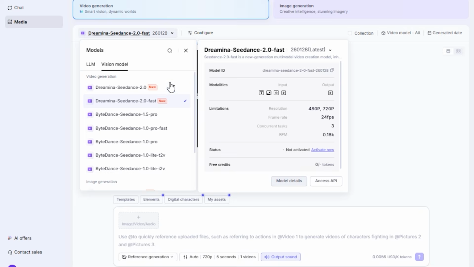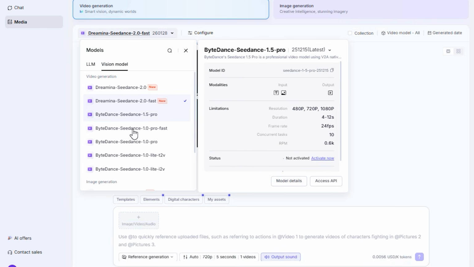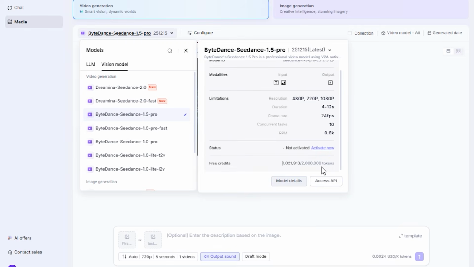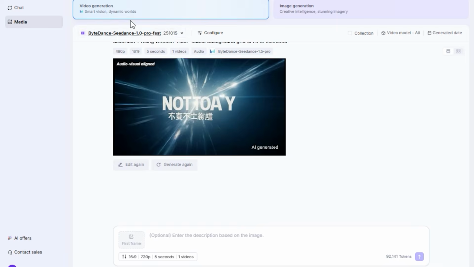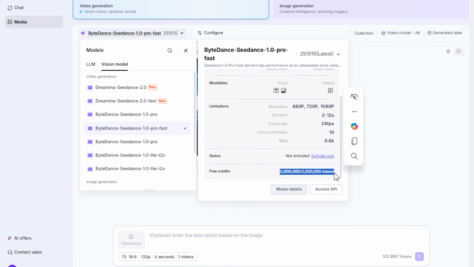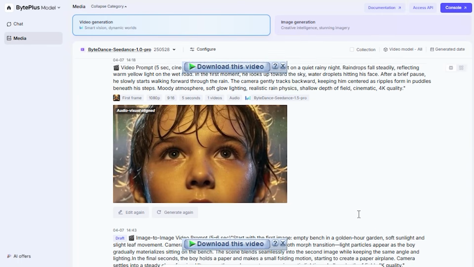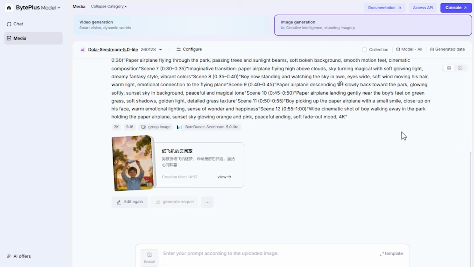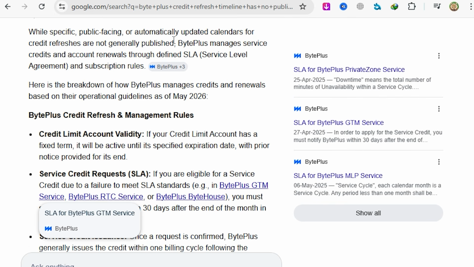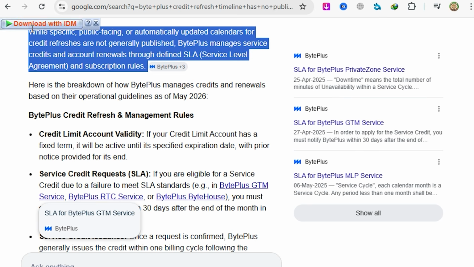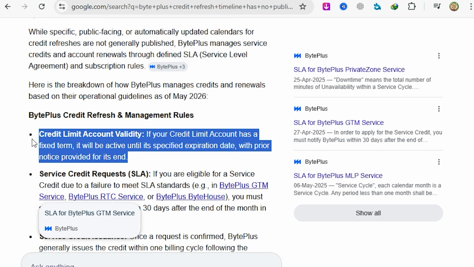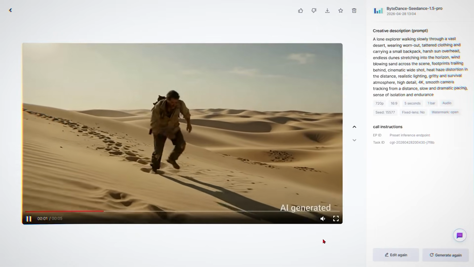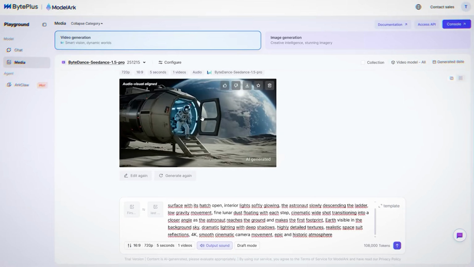So if you're careful about how you set things up and you rotate between models strategically, you can stretch the free tier further than it first appears. The real problem is what happens after that. Once you've worked through the credits across everything available, the platform essentially stops working for you, and the credit refresh timeline has no published schedule, no countdown, no notification, no clear policy. It sometimes comes back in a week, sometimes it takes much longer. Nobody tells you when. So BytePlus works great right up until it doesn't, and then it's just a website you